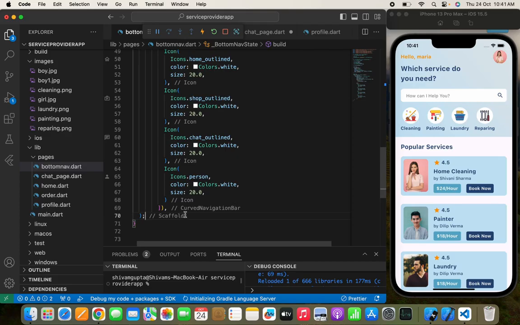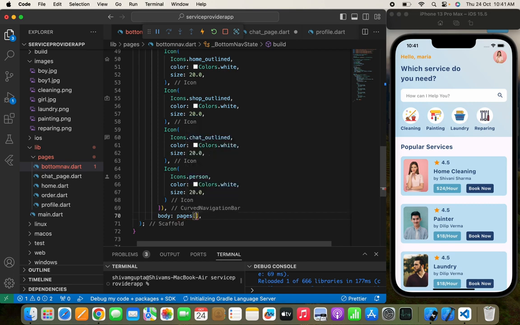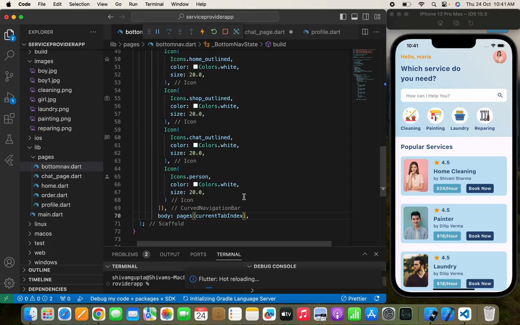Now after this, the main thing, do not forget to pass a body, otherwise you can't see the current page when you tap the respective icon. So we'll pass current tab index. So here it is done. As I've told you, the pages is in the form of a list, so current tab index will keep the count of the icon that the user presses in the curved navigation bar, and it will simply navigate to that page. So let's call this,